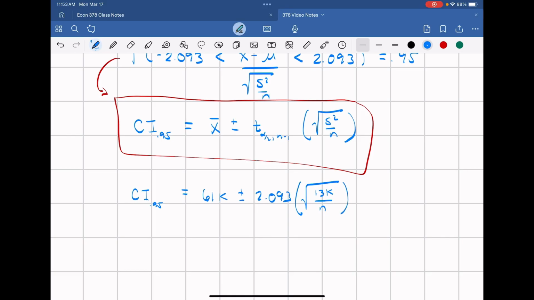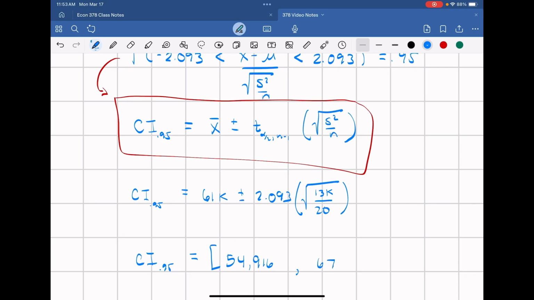Oh, n we have. So n is 20. And I would just plug and chug, and this is where I get the 95% confidence interval, so I could do the minus first and then the plus. And so this would equal 54,916